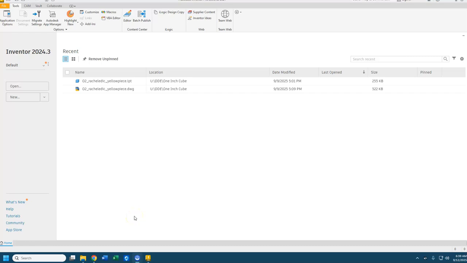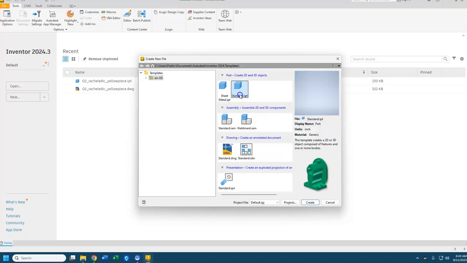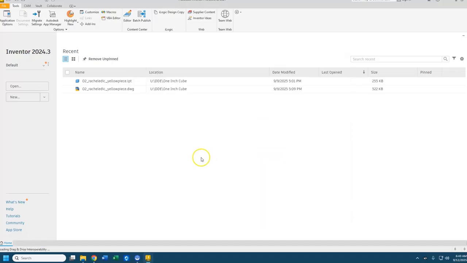We're going to continue working on our next piece for our 1-inch cube. So we already did the yellow piece last time, so I'm going to click New, and I'm going to start working on my blue piece. So I'm going to go to Standard Part, Create,